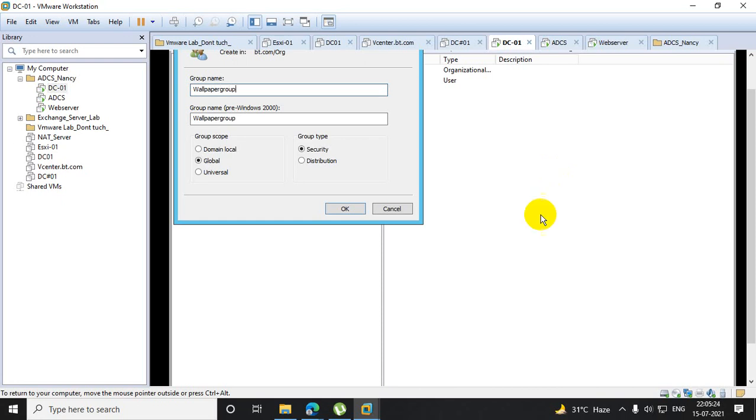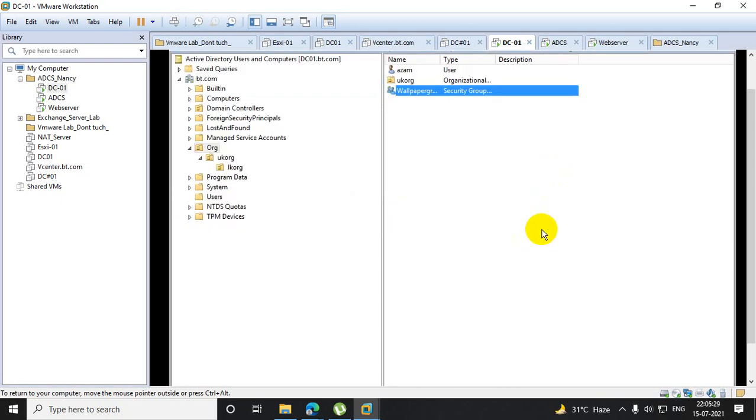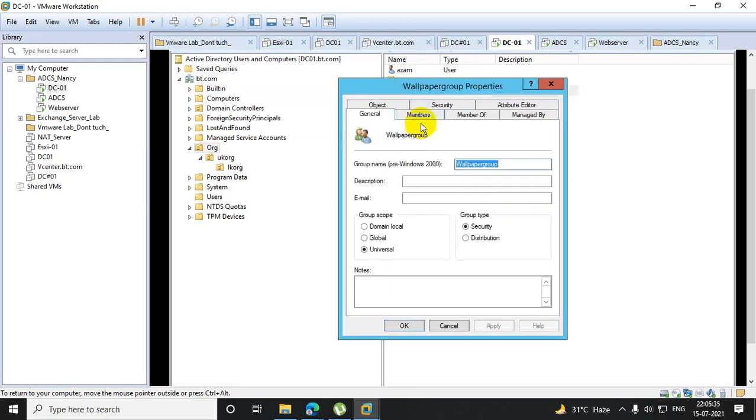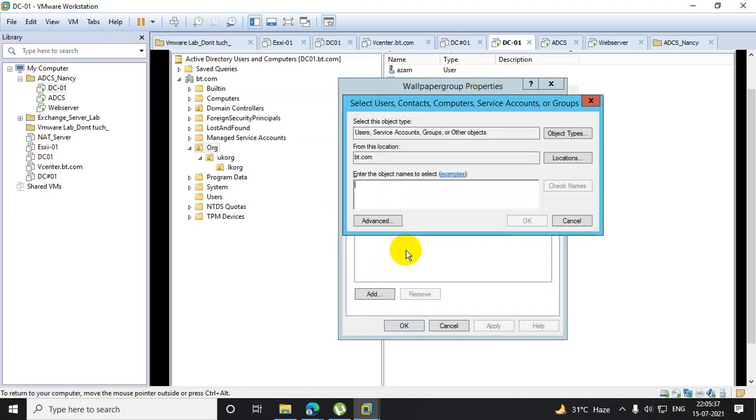So those who are part of this group, only those people will have this wallpaper policy applied. Clear? Now in this particular group, whom am I taking? Only Noor and Anand. Azam I am not taking. Clear?